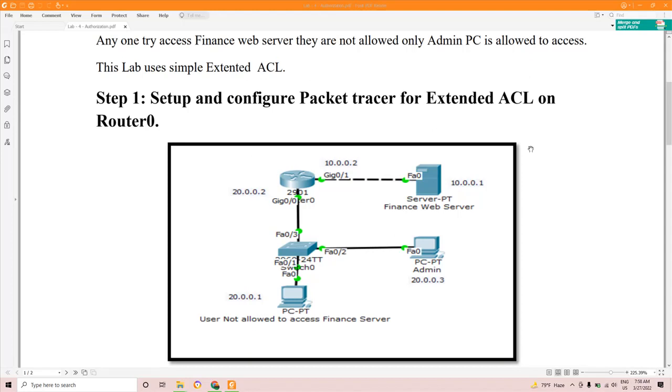First we have to create a topology like this. Okay. So let me explain the topology. This is a router, this is a server, then this one is a switch, this one is a PC, this one is another PC. Here the number what is given for each interface is IP address. Now for the server 10.0.0.1 is IP address,